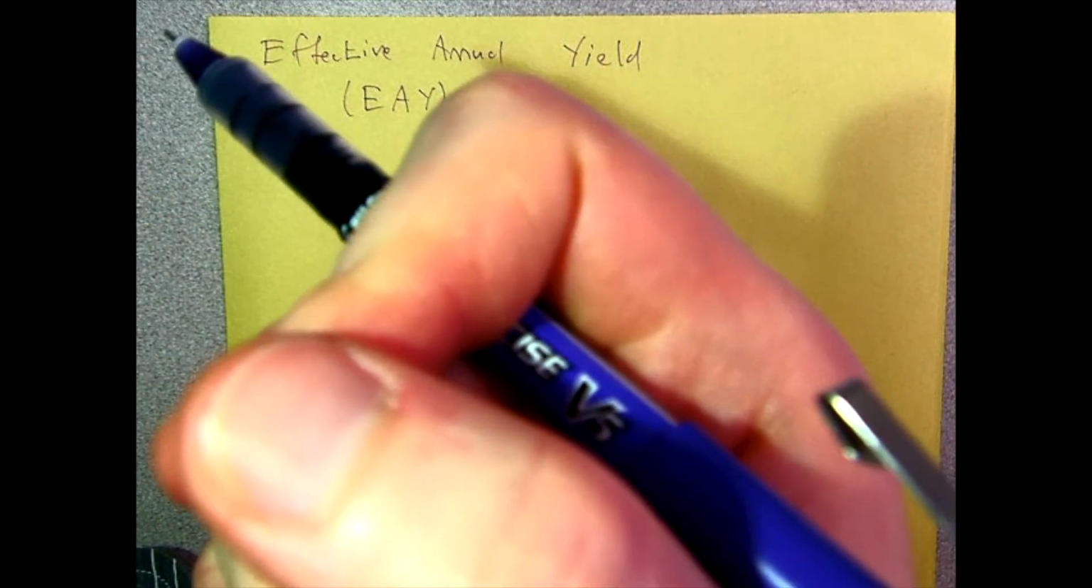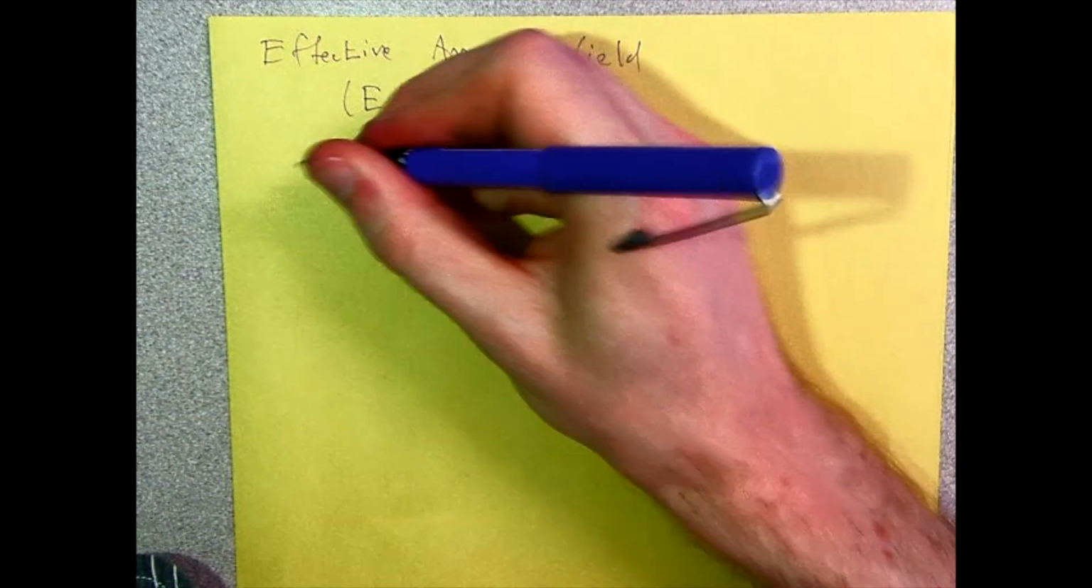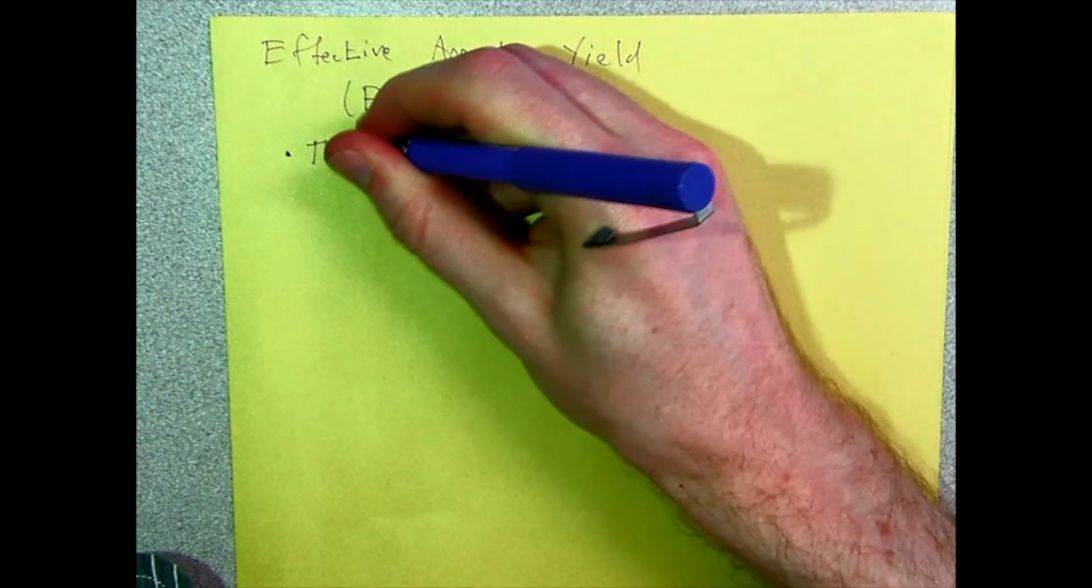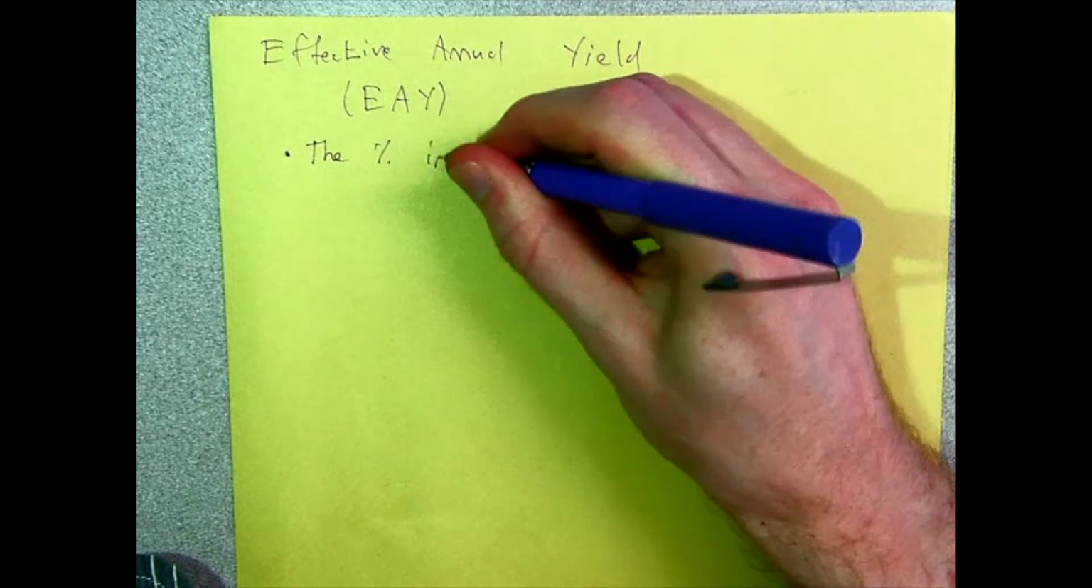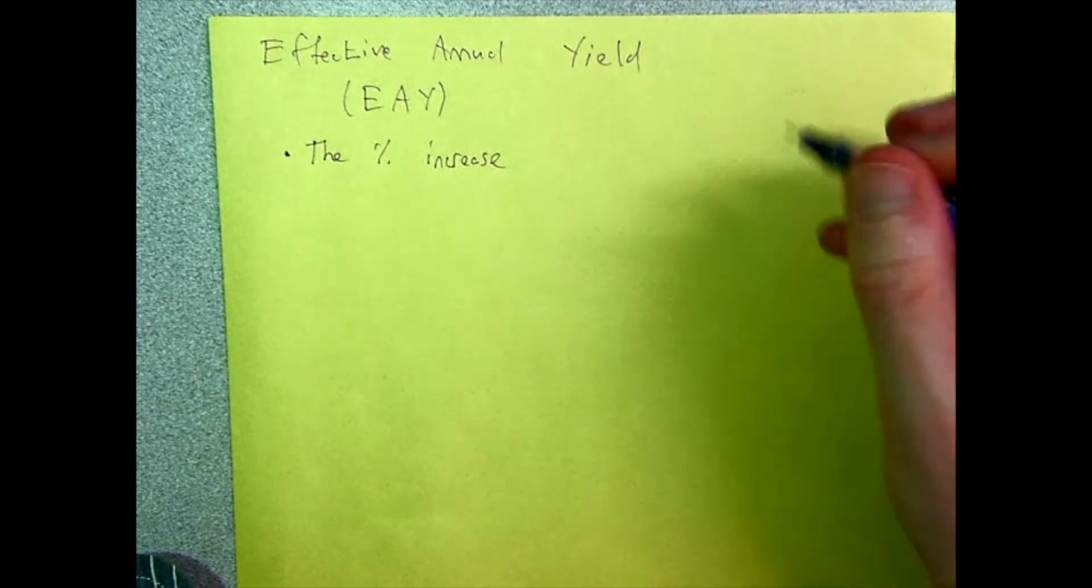Like if you want to compare how much money you're going to get when you're compounding daily versus quarterly versus monthly, how do you sort of compare the effects of those different options for compounding? Effective annual yield is the way to compare them. Effective annual yield is really just the percent increase